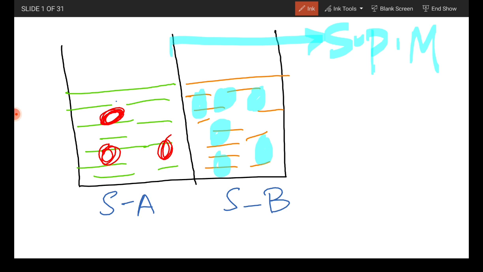During diffusion, as we know, this green color is the solvent of solution A. The solvent molecules from solution A move from the region of lower concentration to higher concentration. So the answer will be like